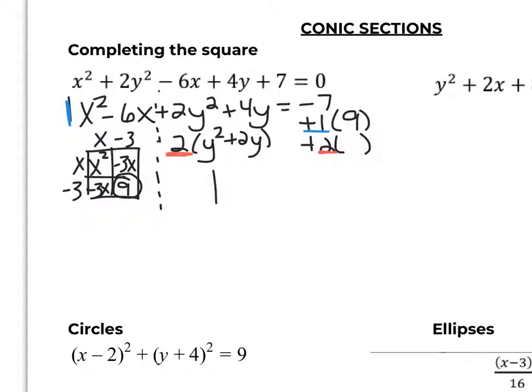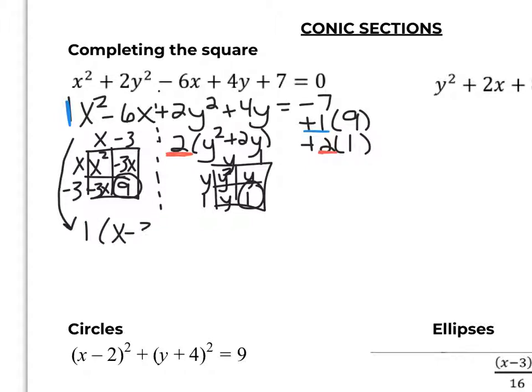Then with my y squared split in half, y, 1, 1. So that's going to be 1 right there. So I have that 1 in front, and then x minus 3 squared plus 2 in front, y plus 1 squared equals